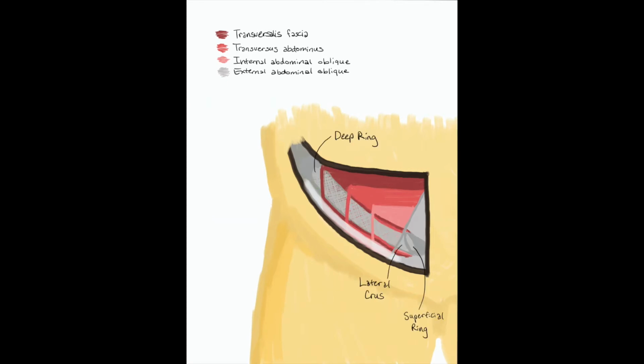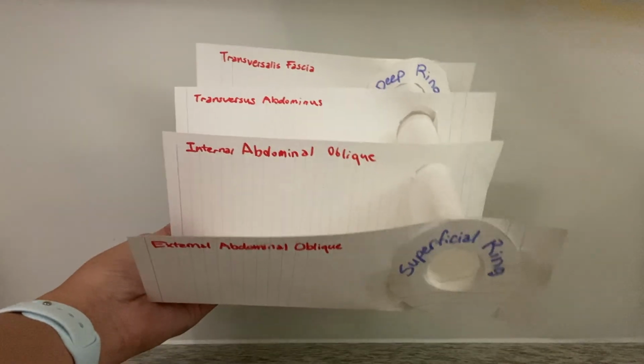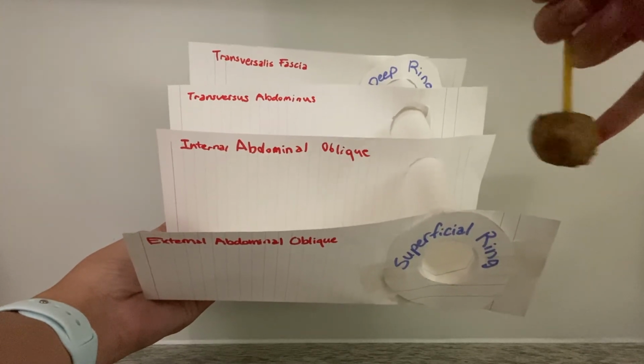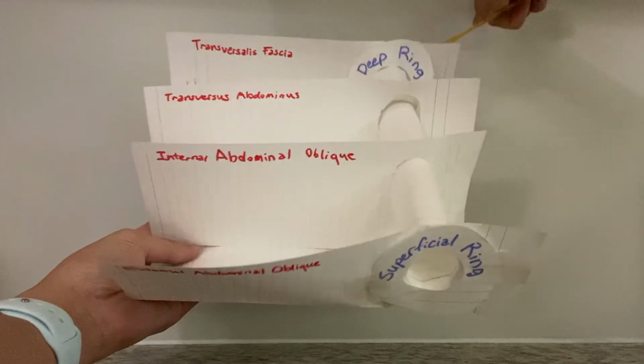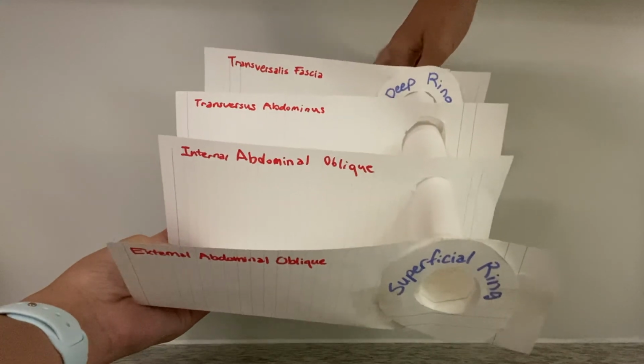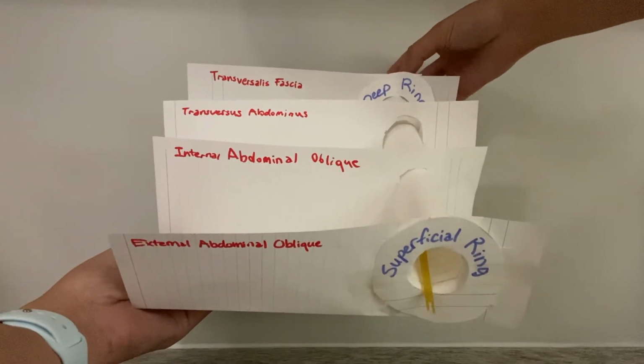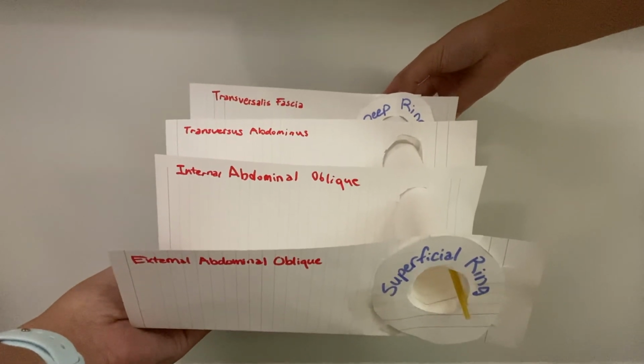The 2 rings are the superficial ring and the deep ring. The superficial ring is the opening in the aponeurosis of the external oblique, while the deep ring is the opening in the transversalis fascia. So in the female, the gubernaculum here is attached to the caudal pole of the ovary and projects into the labia majora, like this. However, the ovary does not move down the canal, so the gubernaculum stays in the inguinal canal and becomes a